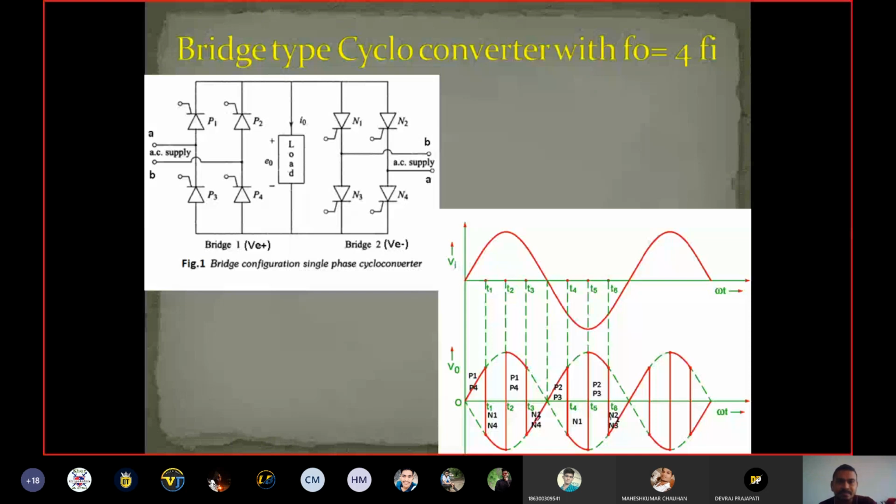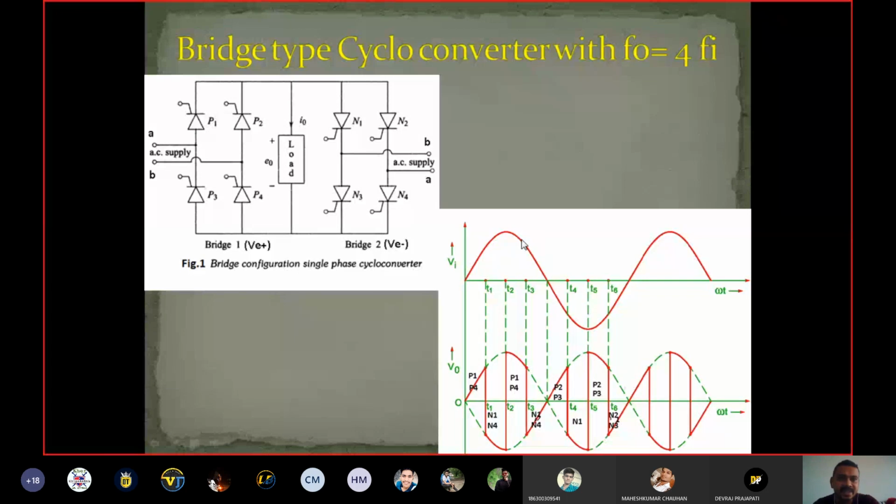So look at this waveform. In this waveform, this is the first half cycle of positive input. Okay, and during this positive input half cycle we are getting 1, 2, 3 and 4 waveforms. First we get a positive output and then negative, then once again positive and once again negative. Okay, so the output frequency is 4 times the input frequency. Look at this output waveform: the frequency of the output waveform is 4 times that of the input waveform.